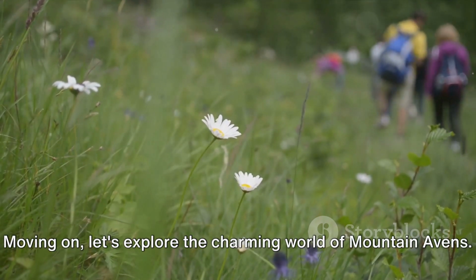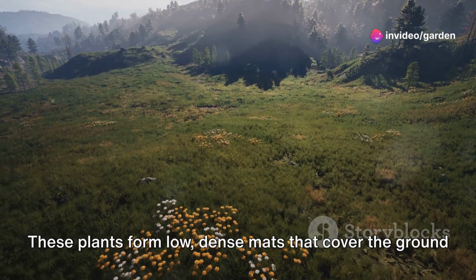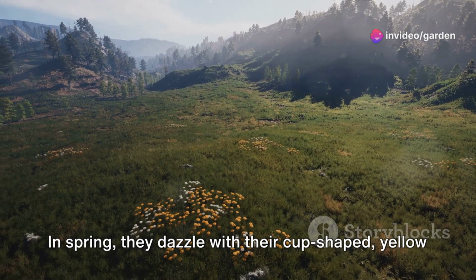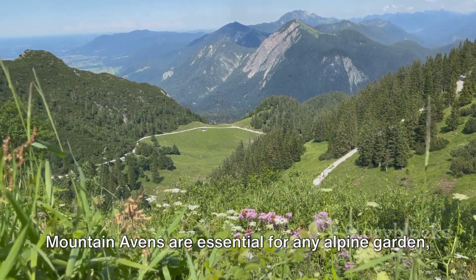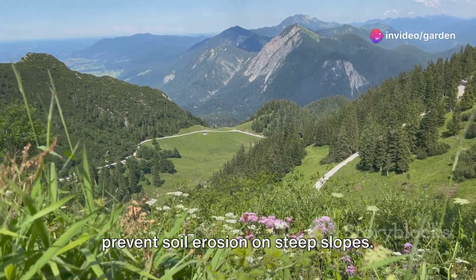Moving on, let's explore the charming world of mountain avens. These plants form low, dense mats that cover the ground like a soft green blanket. In spring, they dazzle with their cup-shaped yellow flowers that seem to smile at the sun. Mountain avens are essential for any alpine garden, providing not only aesthetic appeal, but also helping to prevent soil erosion